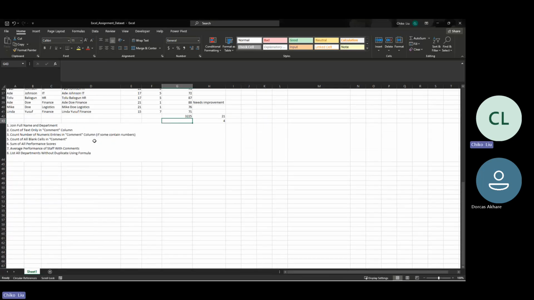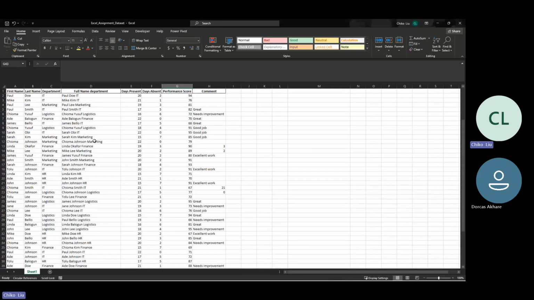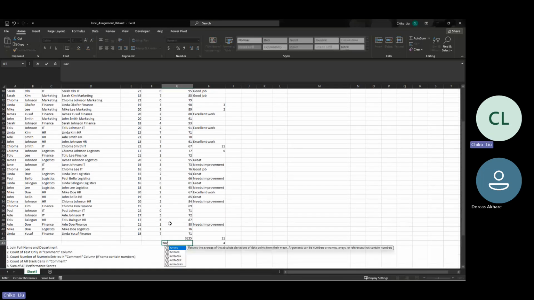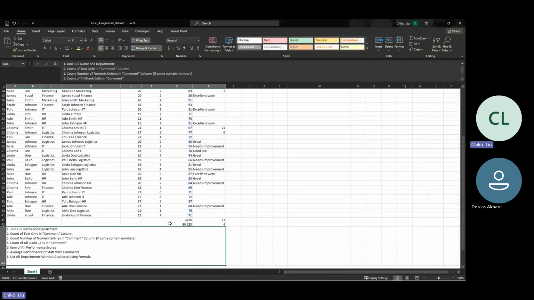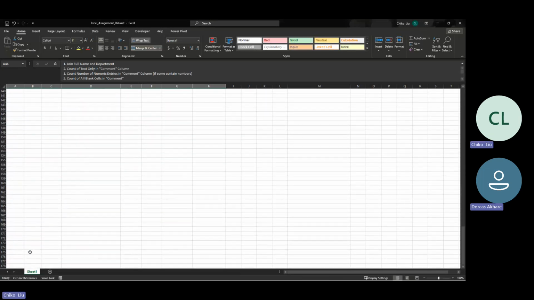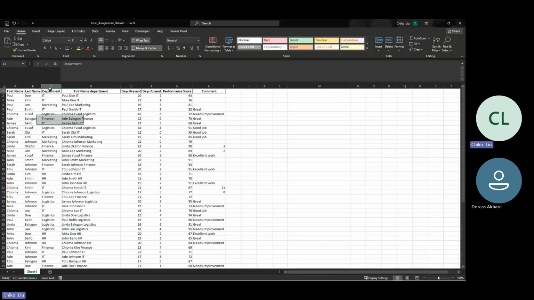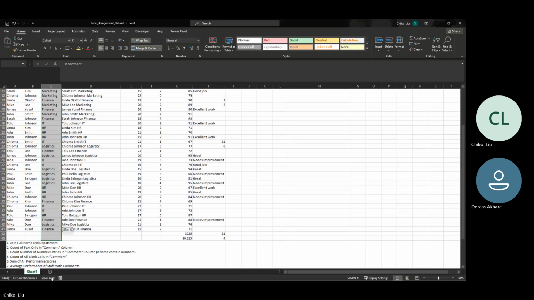So we just say equal to average, and we just select G2 to G41, and we've gotten the average, which you did correctly. A list of all the departments without duplicates, not duplicates. You can use, I think,